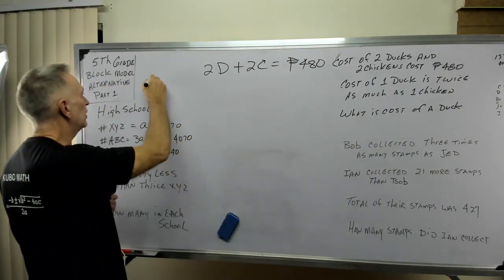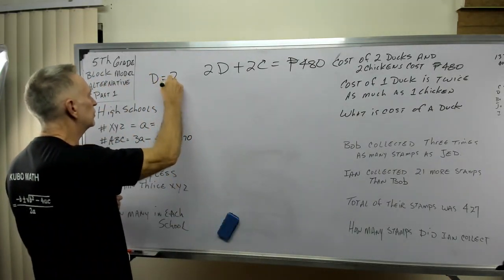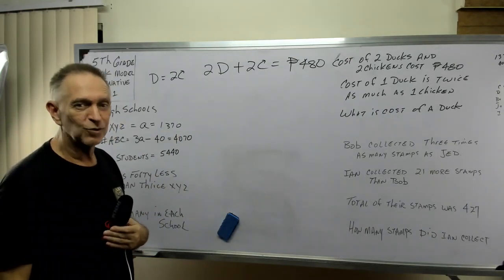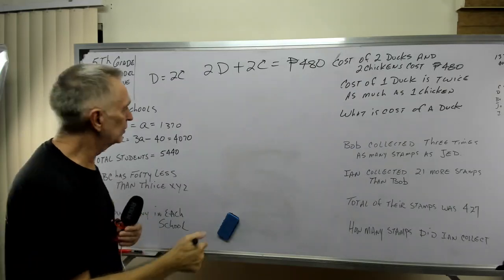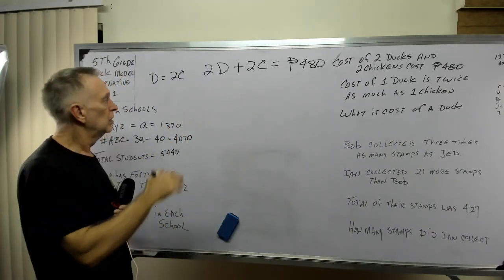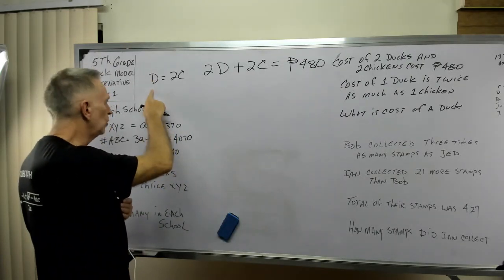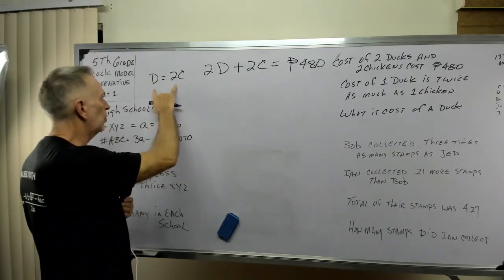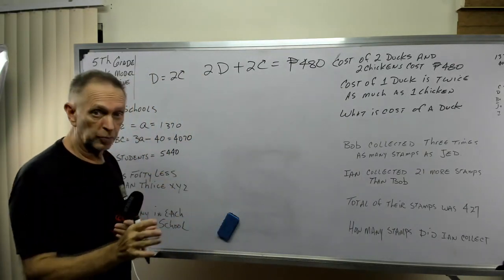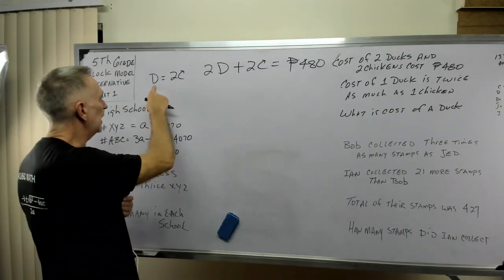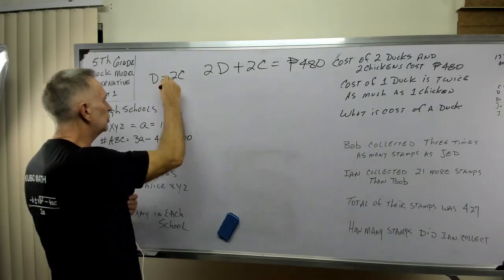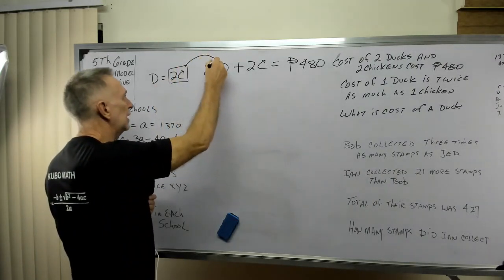It said the cost of 1 duck equals the cost of 2 chickens. So D equals 2C. Now what that means is, let's say a chicken costs 100 pesos. 2 times 100 would be 200. So 200 is twice 100, and that's what they're saying here. But the cool part about this is, now that I know D equals 2C, I can substitute 2C in for